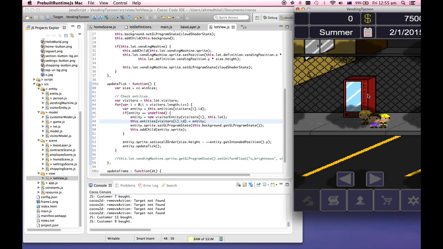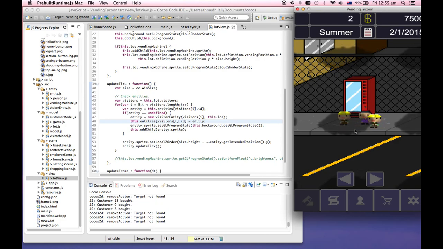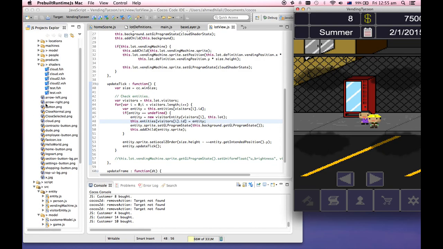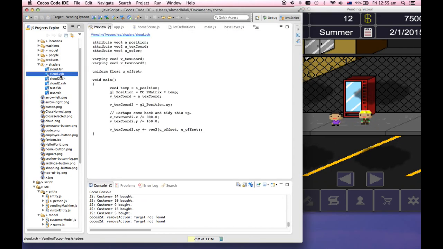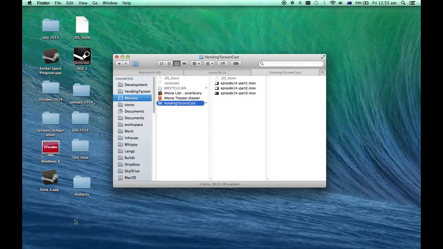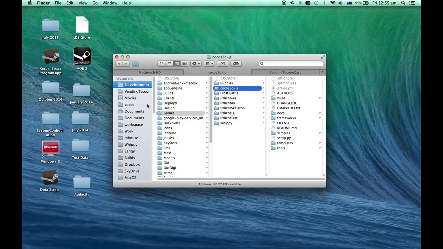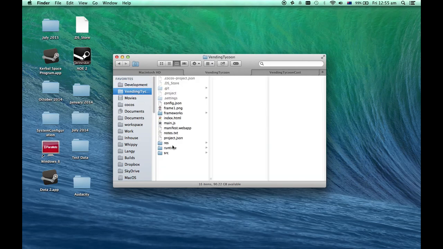Man, I feel like this is going to be tough. Okay, I'm going to make two versions of the shader,